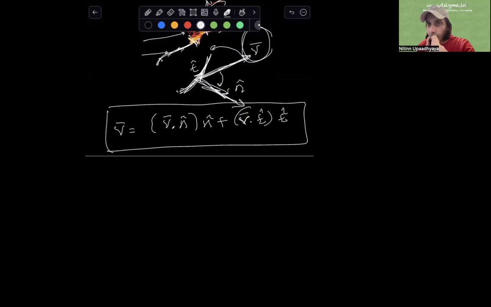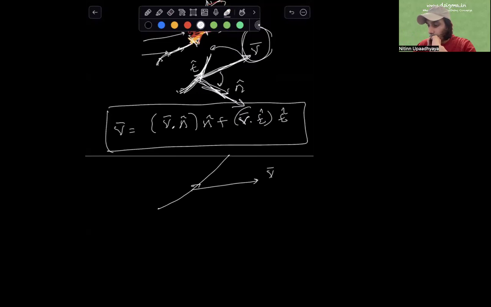Okay. Now with this sort of notation in mind, we can define what is called the flux of the velocity field or flux of the vector field across this path. And essentially, the flux is that component of the vector which crosses or which flows across the path. So if I have this path, maybe I should draw it a little cleaner. So if I have this path and say this is the direction of the tangent and that's the vector field you're interested in,